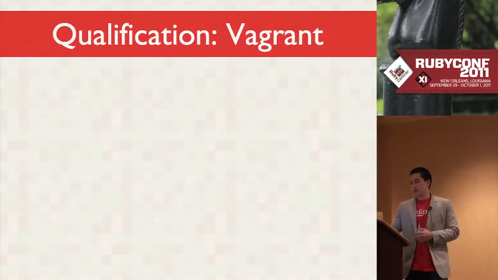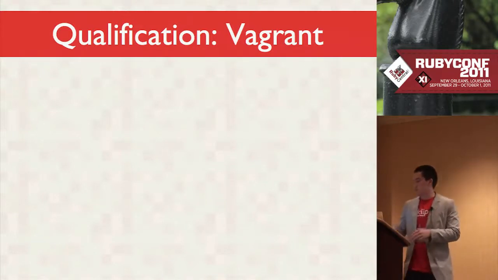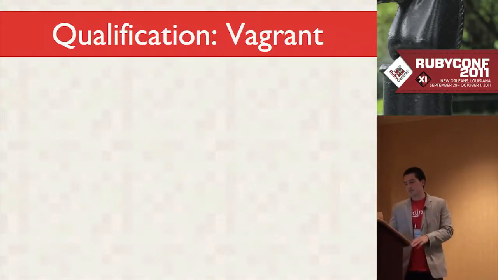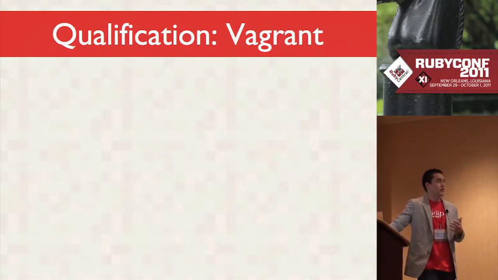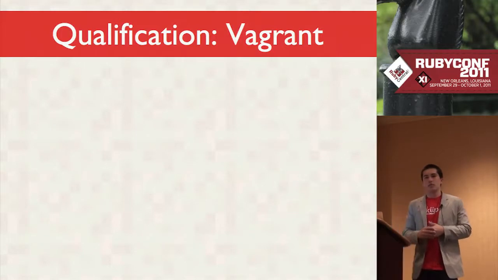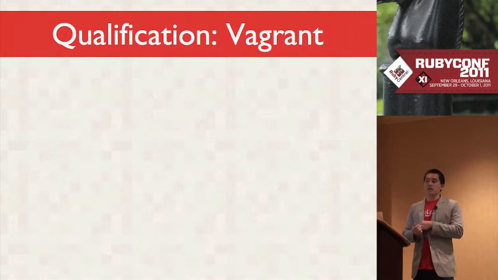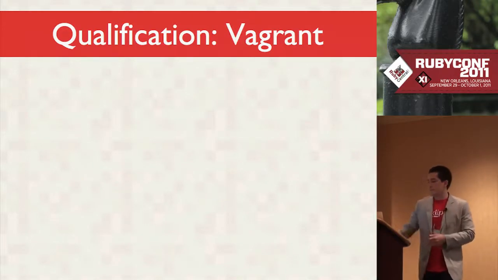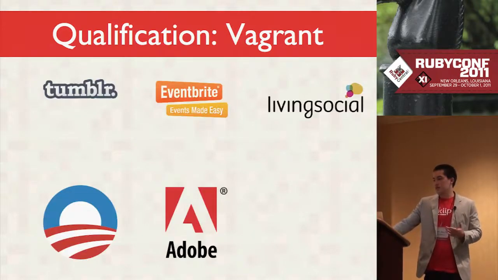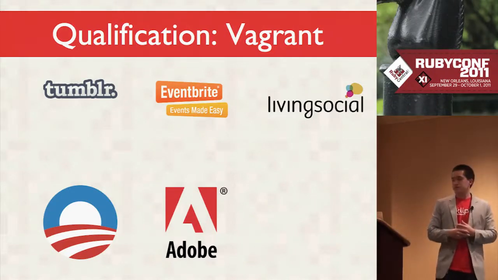And so let me quickly give a couple of qualifications of why I'm even qualified to talk about this subject, so at least maybe you could believe me a little bit. My first qualification is Vagrant, my open source project. It is a tool which manages the automation and lifecycle states of virtual machines for the purpose of development. And it is used, at least in part, by all the companies listed up here and many more.